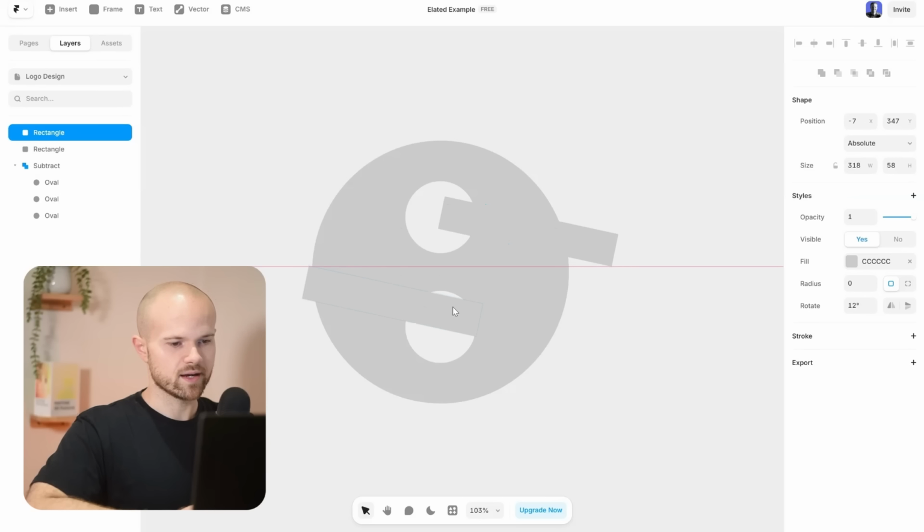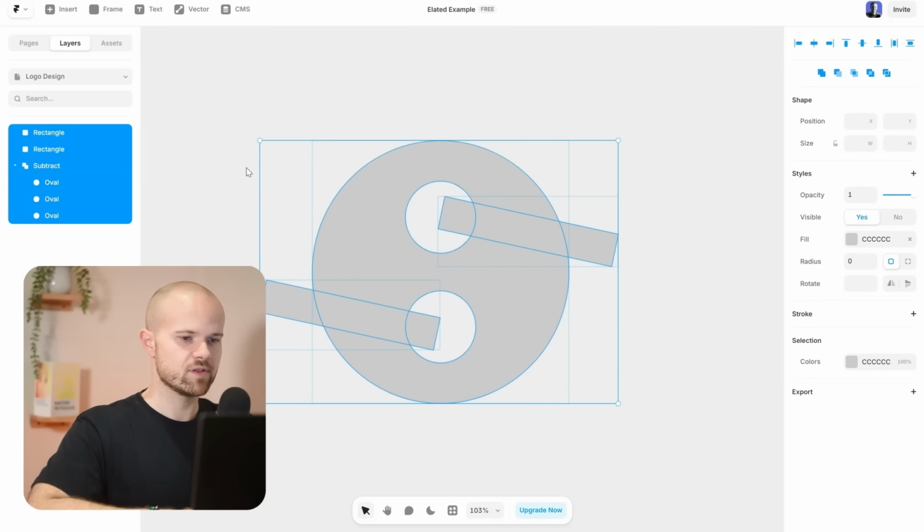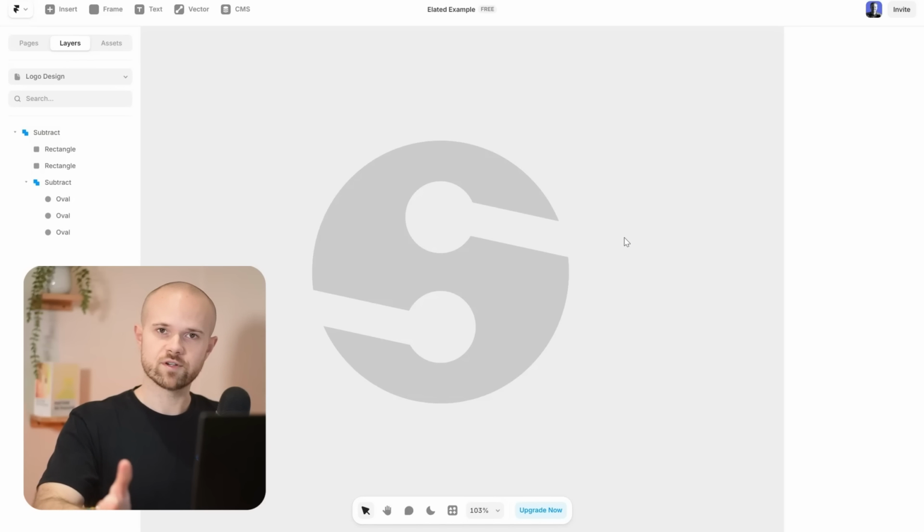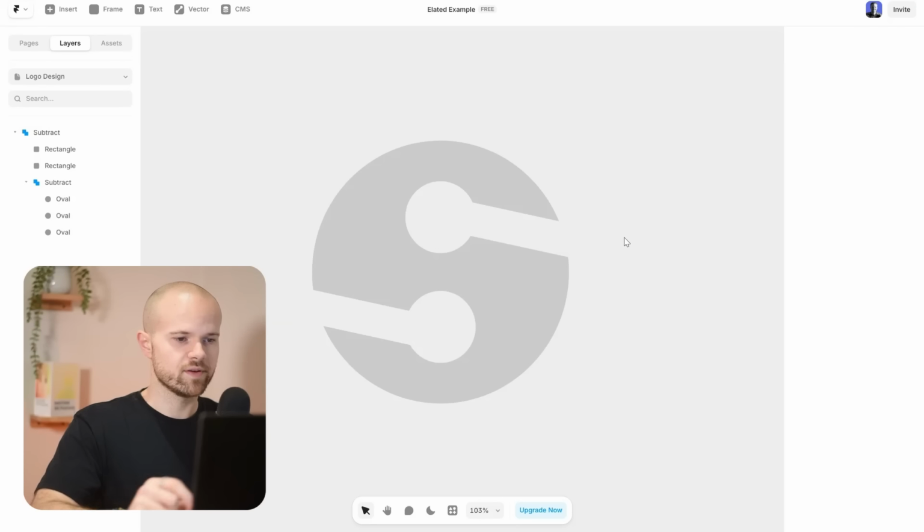I'm going to Alt and drag to copy this across to the lower circle, and then I'm going to select everything and once more hit Subtract. Now this is not accurate. The original logo I spent more time on, so alignment might not be perfect, but you can see here how we've taken these exact same concepts, this subtraction and the playing around with the interactions between different vector graphics